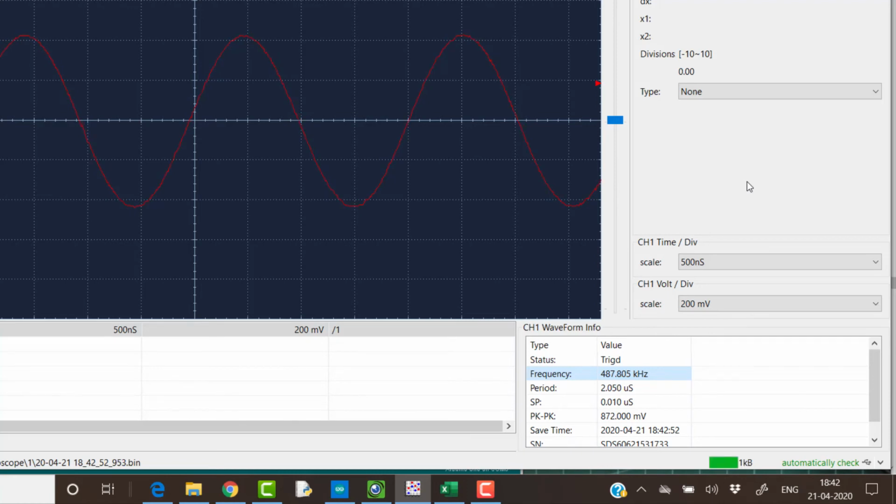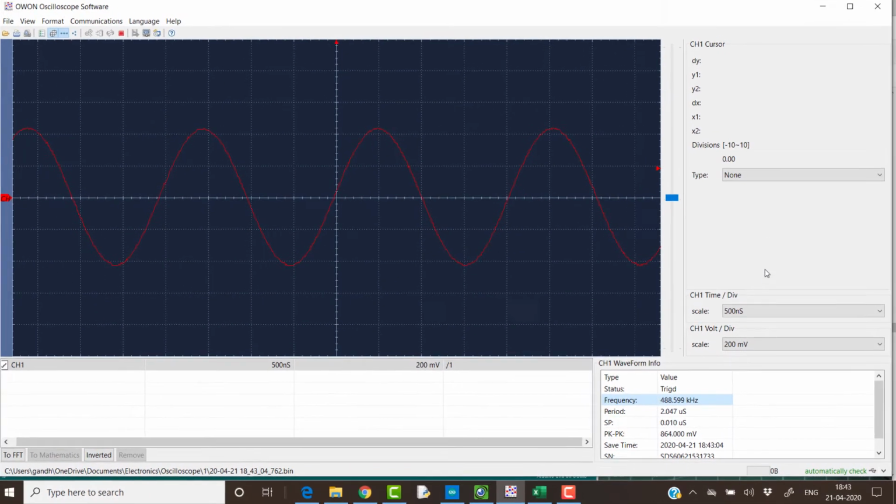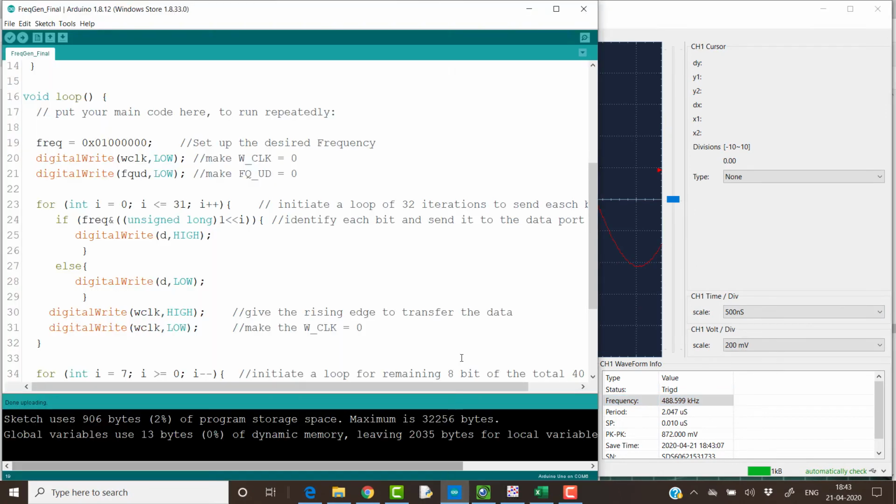Previously it was 976 kilohertz, now it is 488 kilohertz. So you can see that as we divide the count by 2, the frequency is also divided by 2. Still we can divide by 2 by making this 0.